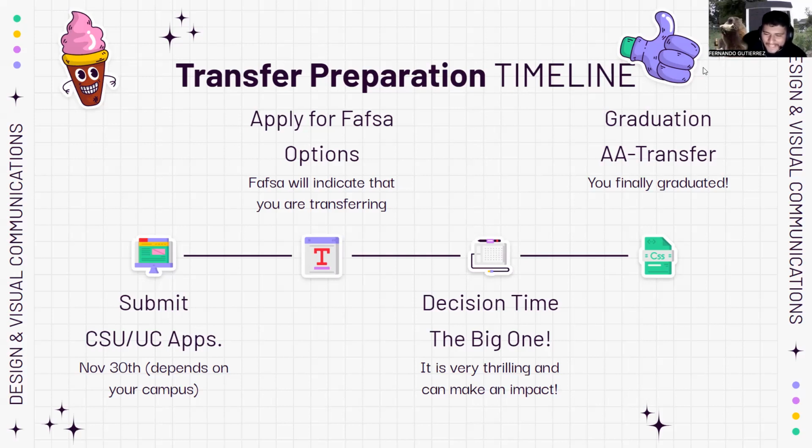All right. So after that, you're in spring semester, decision time, the big one. It is very thrilling. It's very hard to open that letter, but opening that letter will make a difference as well. And once that's done, graduation. You already have your AA transfer. You're finally 50% graduated from college, but now you have to go to that other 50% of it. But yeah, other than that,